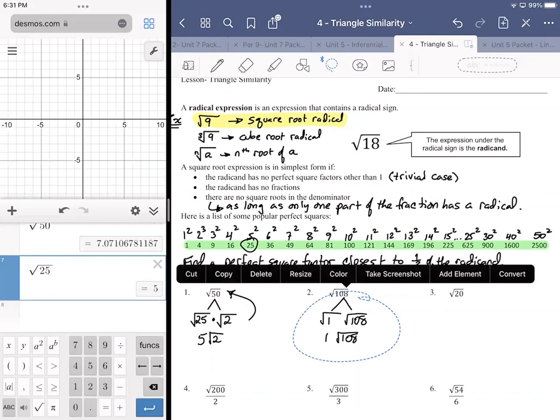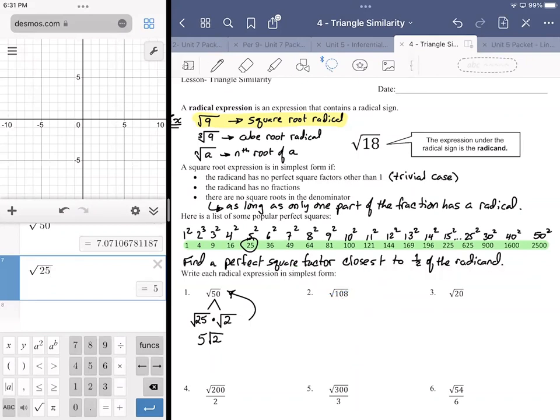So what I want to do is start looking for factors at a value that's half of whatever the radicand is, right? And if that half value is 1, then it's already simple, right? So I'm looking at 108. Half of 108 is 54,